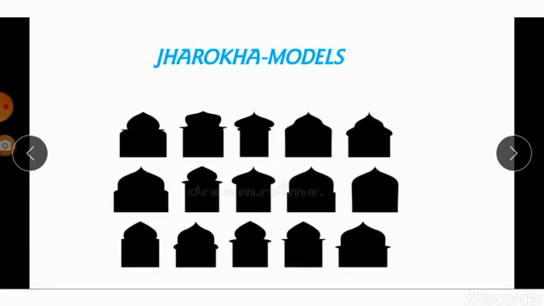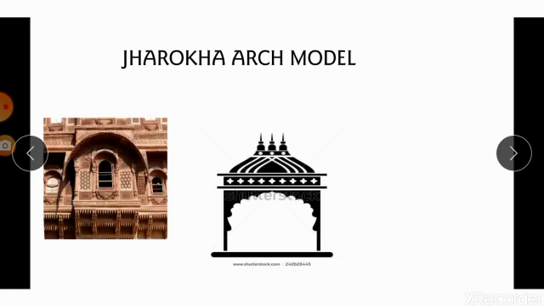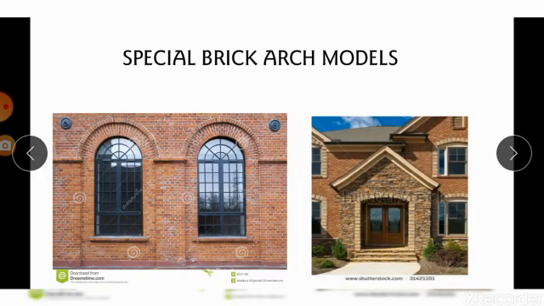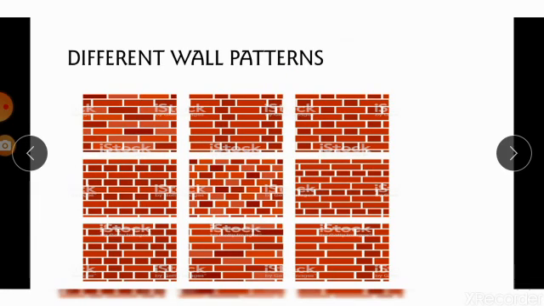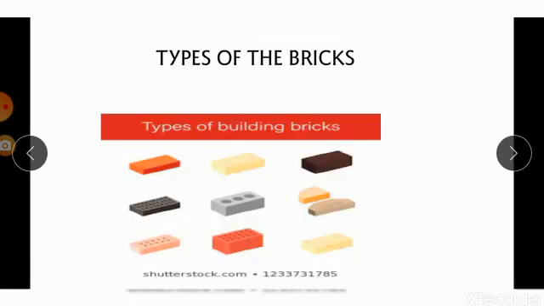Okay, students, now you understand what the Harokos arch model is, and the special arch brick metals and jali patterns. Those brick jali patterns, and some wall patterns too, you have just learned so far. Some building bricks also we now know. Just go through this with your parents and ask about these types of related questions. You can get some information about this. And next we can move on to solve some problems which are given in your NCERT book.